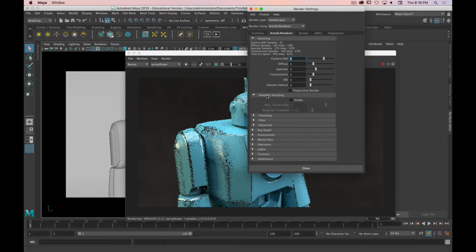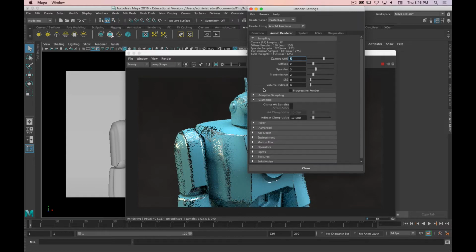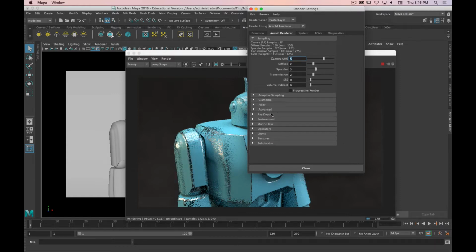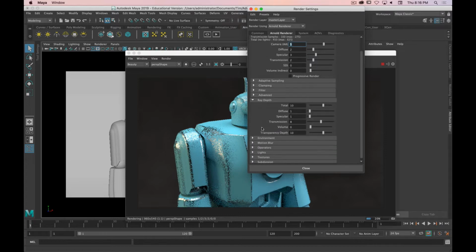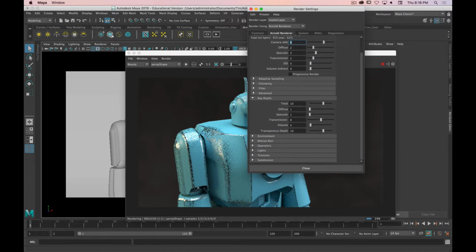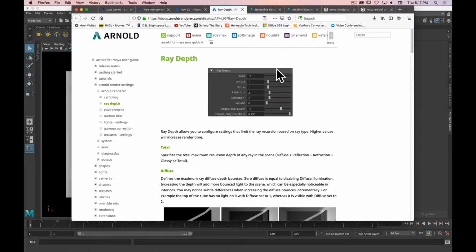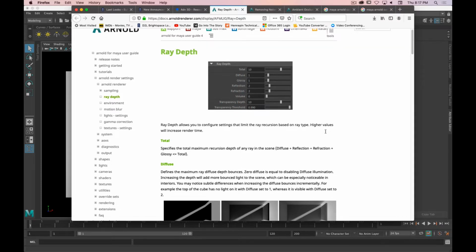I'll link to the Arnold website if you want to get into the real nitty-gritty with what each of these sliders do. I don't really want to do that here. I do, however, want to call out ray depth, and I will link to this page as well. So the ray depth, you can